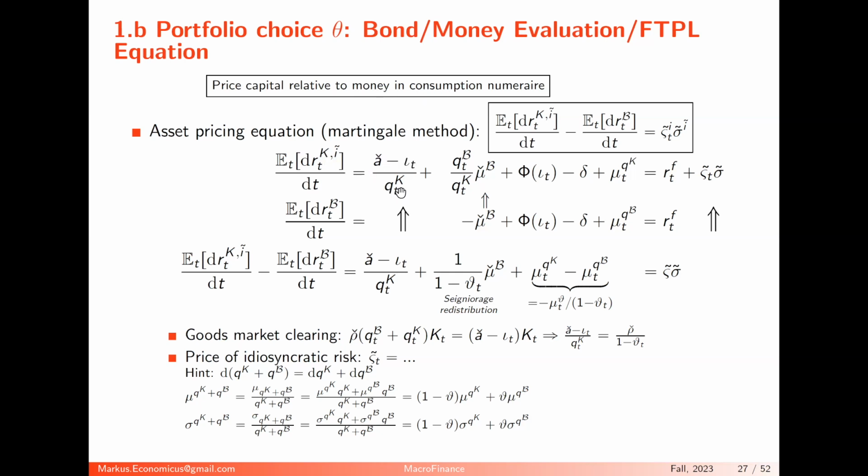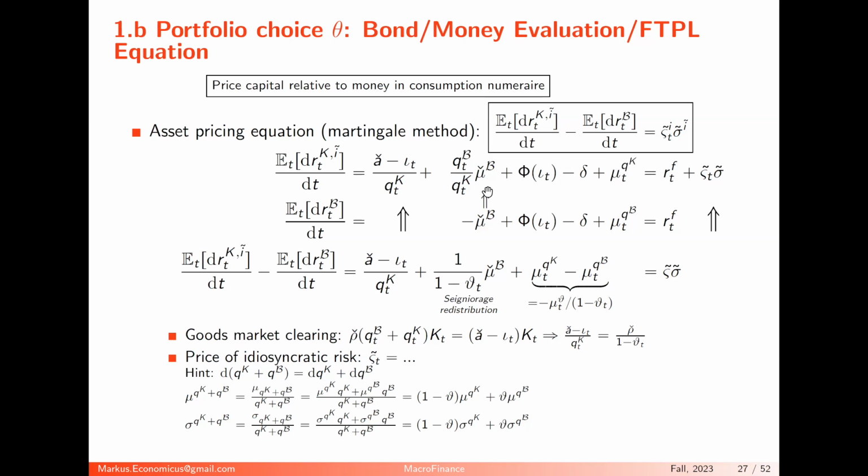Why is there a check? Because it's after taxes. It's A minus the government thing. It's not because you don't get taxed, actually. And that's the investment. So that's the dividend yield after taking this into account. Then we have the expected capital gains rate, the drift of QK. So that's the capital gain: Q times K, the drift of K and the drift of Q.